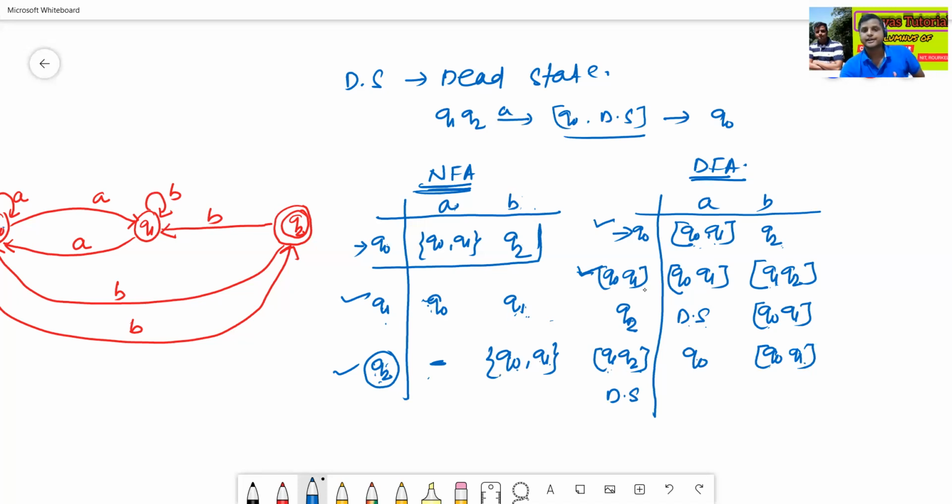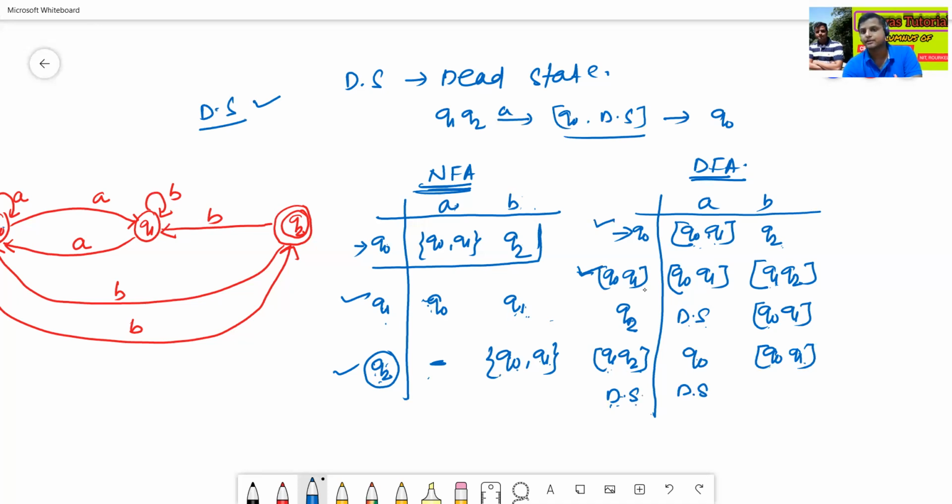Next one is the dead state. The dead state is a non-final state which has self loops on all inputs. So the dead state reading A goes to the dead state, and reading B also goes to the dead state.